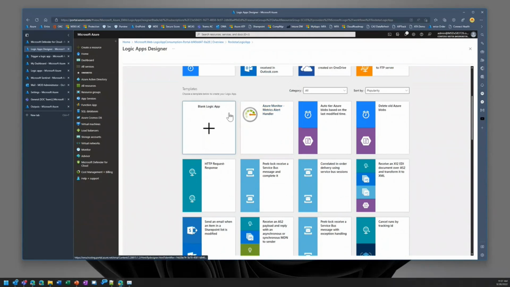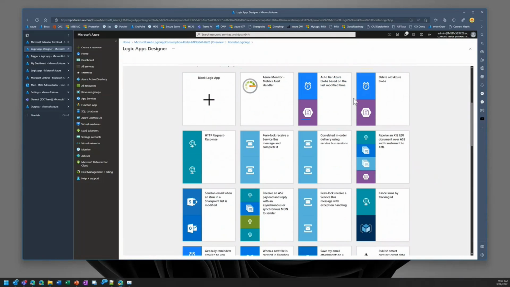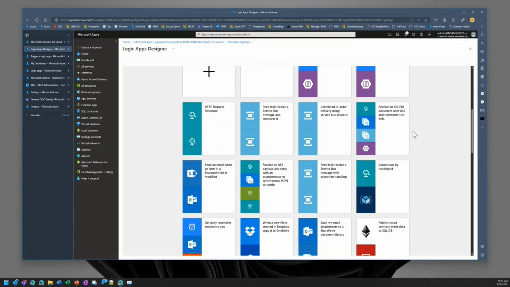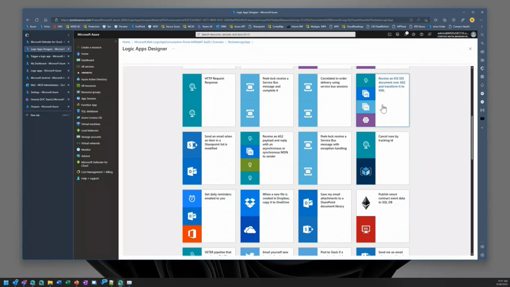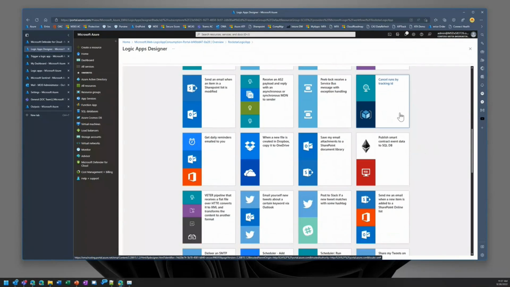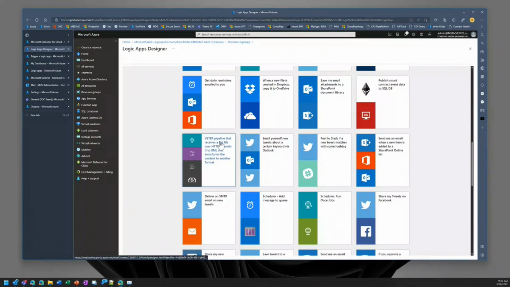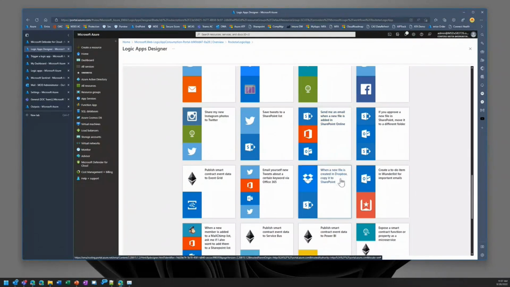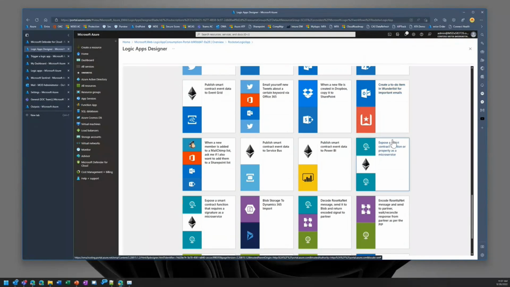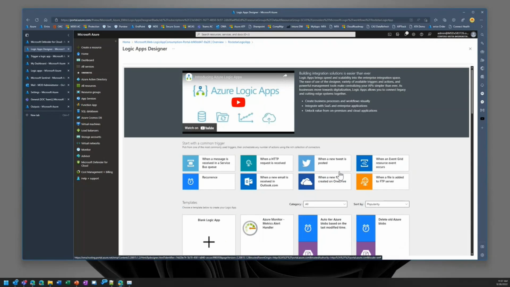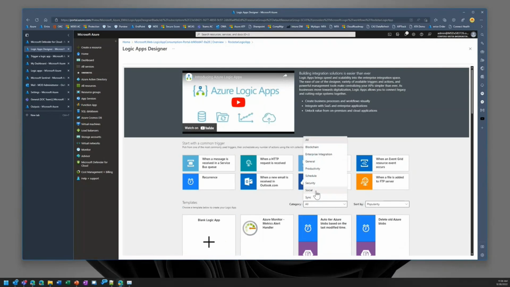But you also have some templates here for different workflows, and it'll give you an idea of how complicated they are, how many actions, etc., are in here. So if you want to receive an X12 EDI document over AS2 and transform it to XML, you've got a predetermined flow to do that. There's a better pipeline here, or just a new file in SharePoint, move it to a different folder. Right? But as many as there are here, if you go to this category